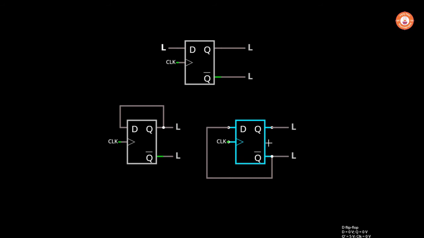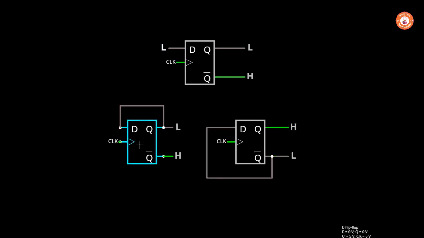Notice both the outputs are low here because the circuit is not running yet. The moment I switch on the circuits, these both will always be complement of each other. Just to go through a simple idea, when I switch this to high, the output should go to high as we know about the D flip-flop. So remember, whenever the D flip-flop input is high, the output is the same, high. So when I switch on the circuit, you'll see with high input you have high output and low Q complement. When input is low, the output is low and the Q complement is high.